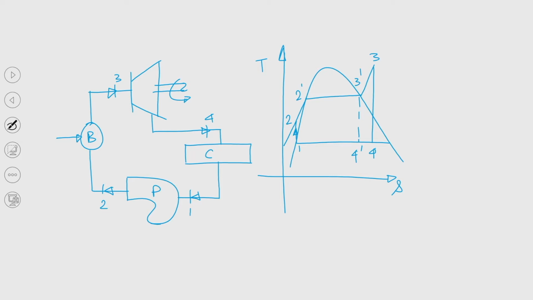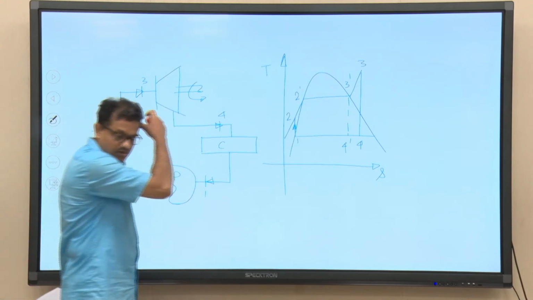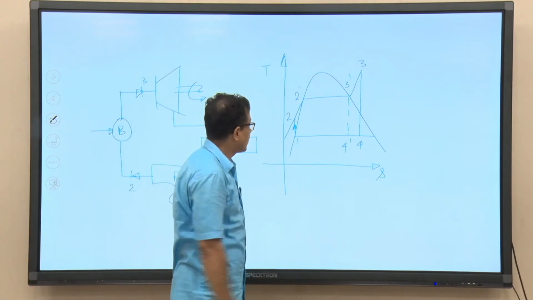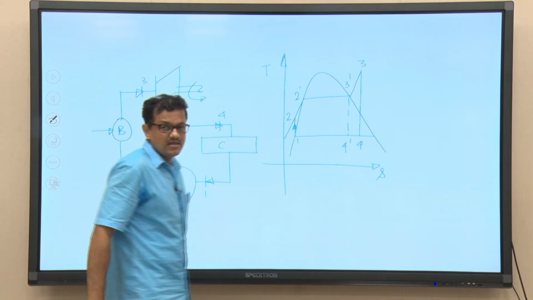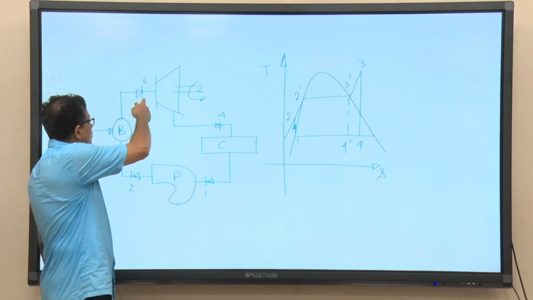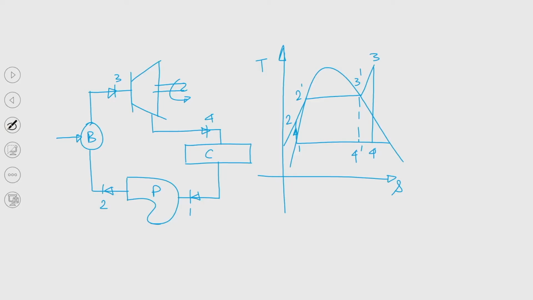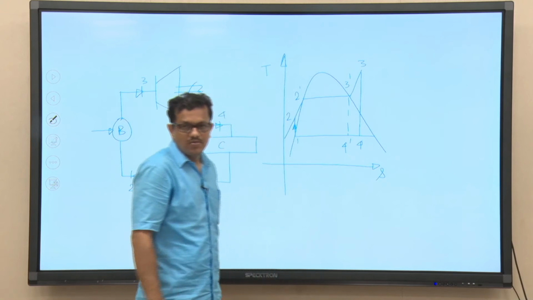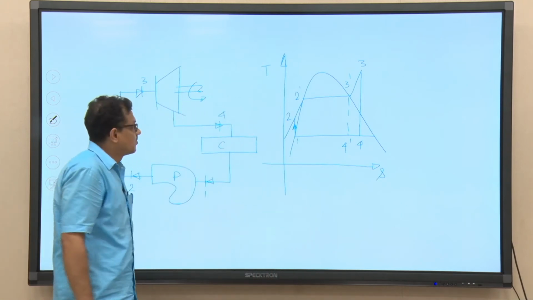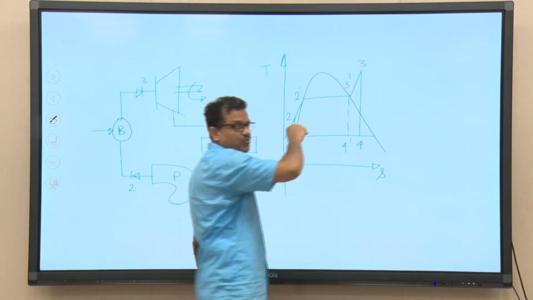Now, you can see that even if we go for superheating, the ideal Rankine cycle that we have discussed, wherein steam will start expanding, the state point 3 prime is the state of steam before it enters into the turbine. This is for the ideal Rankine cycle. Now, as we have discussed, we can go for the superheating method, by which we can increase the temperature of steam beyond 3 prime and we can superheat up to 3.